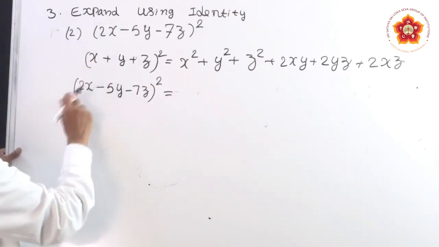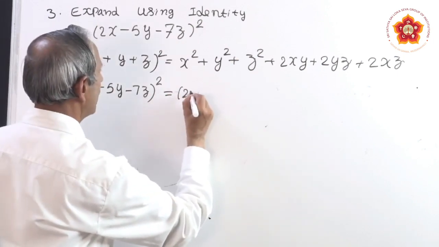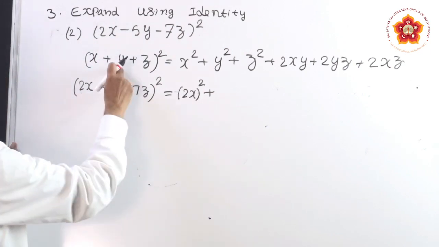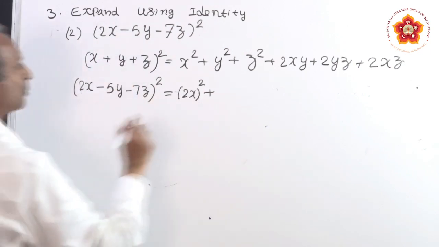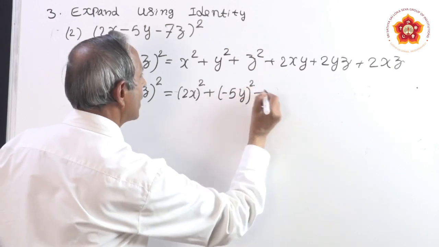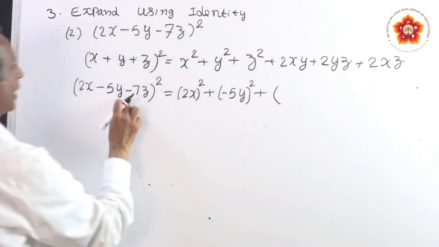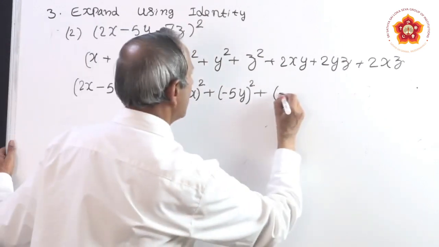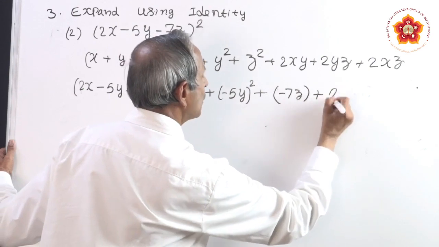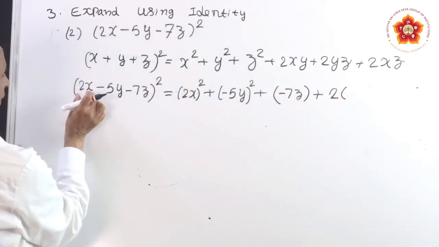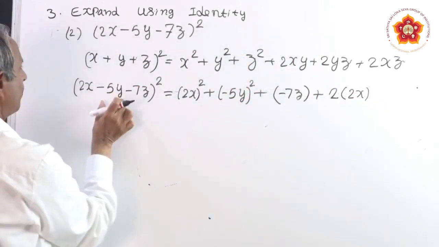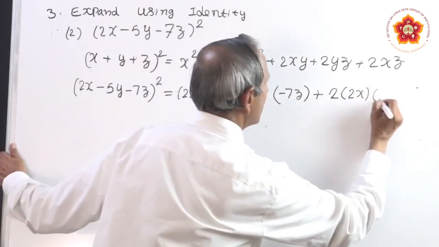Here x is 2x, then it will become 2x whole square plus, write as it is. Instead of y, minus 5y is there. Substitute here minus 5y whole square plus, instead of z here minus 7z is there, minus 7z plus 2xy, x place 2x, and instead of y place minus 5y is there, substitute minus 5y